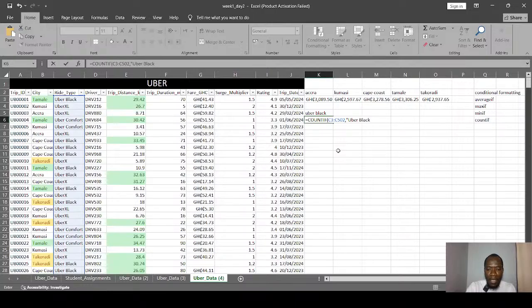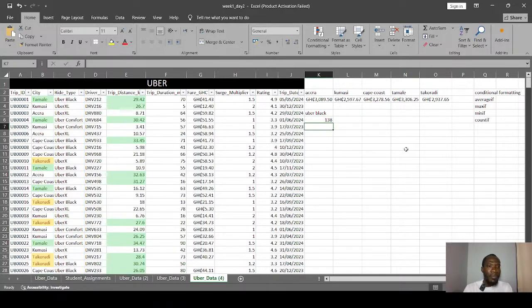So we just put it there, we close our bracket, then we press enter to find out the total number of Uber Blacks. I hit enter, and straight away we see that our total number of Uber Blacks is 138, right?